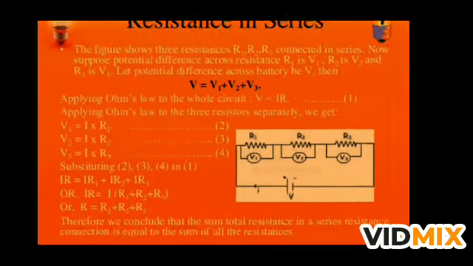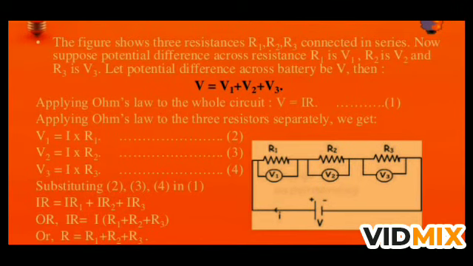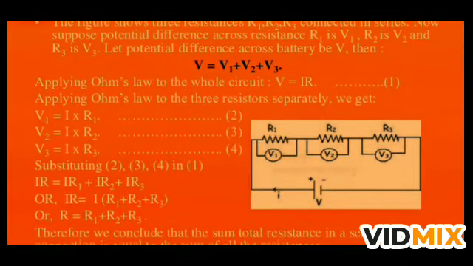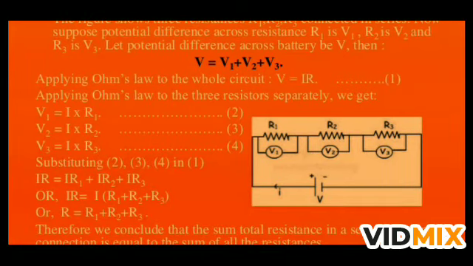So this is the way how we can add the resistance in series. If you see R1, R2 and R3 connected with the help of a cell, and current is flowing in that circuit, the potential across R1 is V1, across R2 is V2 and across R3 is V3, but the total V1 plus V2 plus V3 is equal to V. Means if you add all the potential differences, the sum will be equal to V. So V is equal to V1 plus V2 plus V3, and if you apply Ohm's law to the whole circuit, then you can find V1 is equal to IR1 because current remains same, V2 is equal to IR2, current remains same there also, and V3 is equal to IR3.